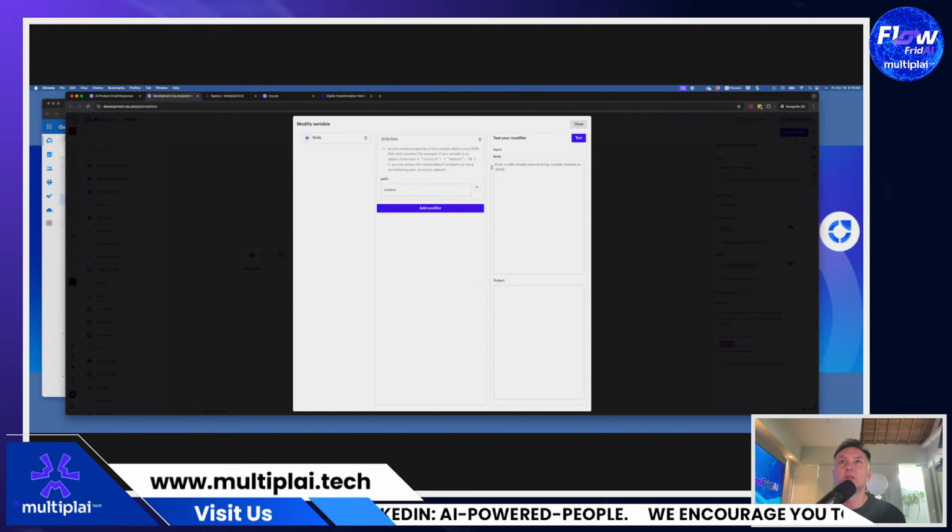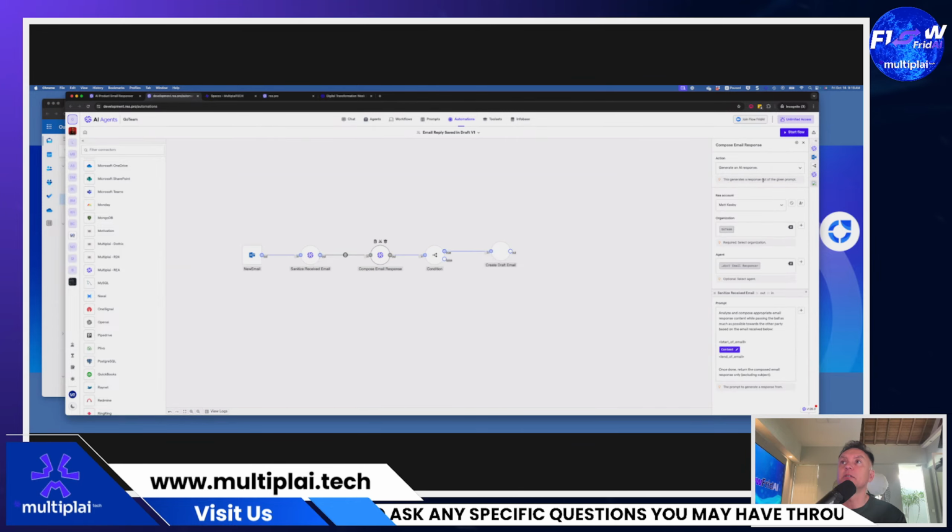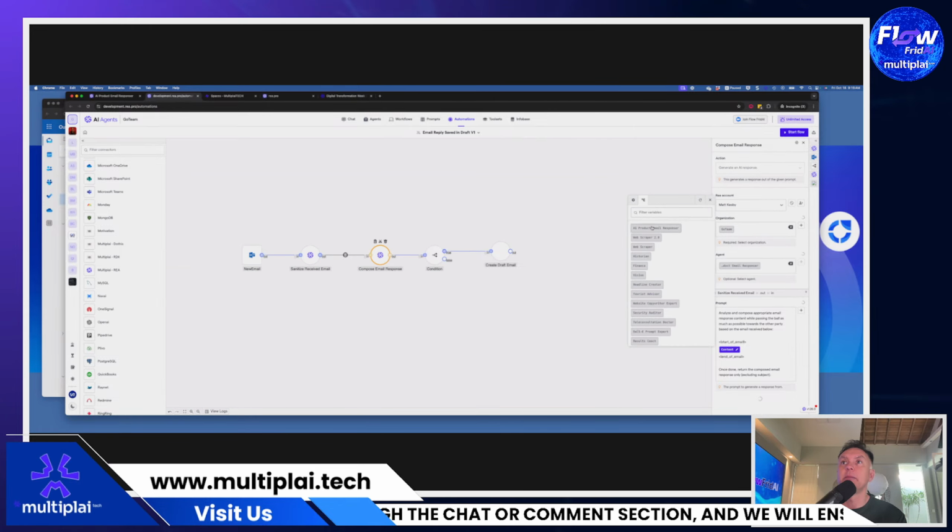So it's kind of one of those slightly more complex steps. Then we move from there, we're going to go into composing the email response. And you'll see that it looks very similar. We've got action, generate an AI response. We've got the Raya account, which is mine, the organization for GoTeam, and we've selected the same agent here, the